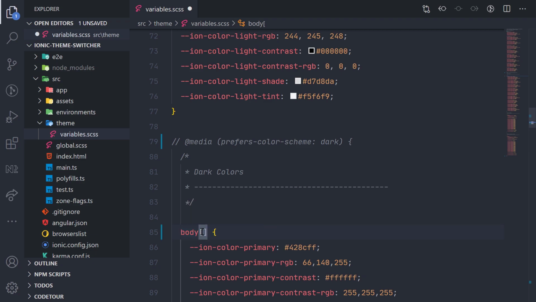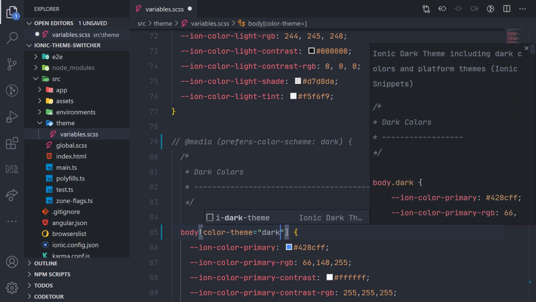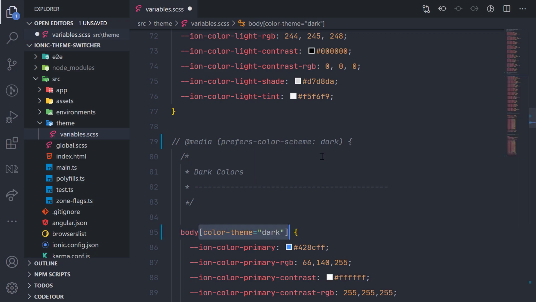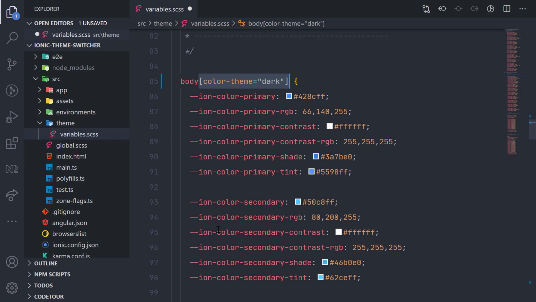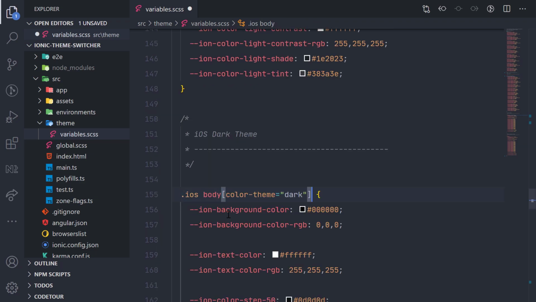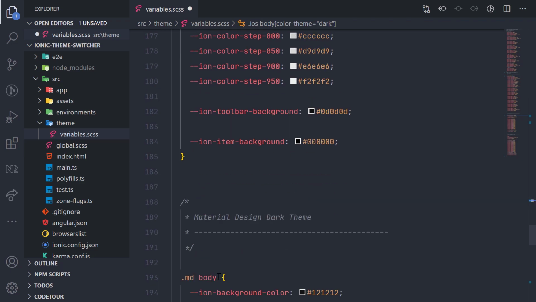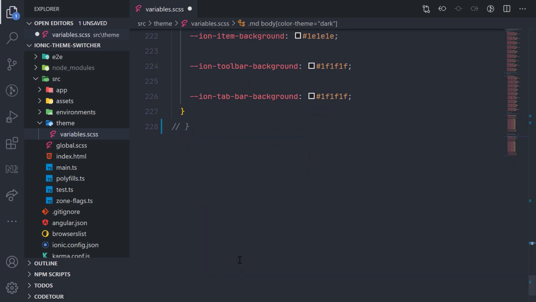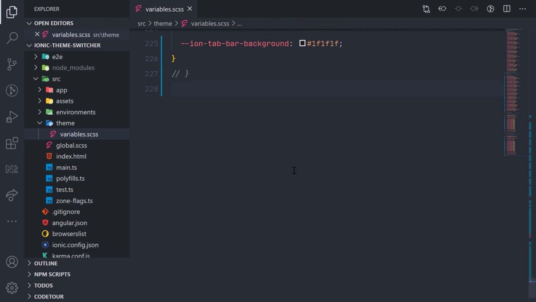What we can do is target a new property. So let's say color-theme, and let's name it dark, and I will add it for every media query inside of this prefers-color-scheme, and here I will add it for the iOS dark theme and for Material Design, right?